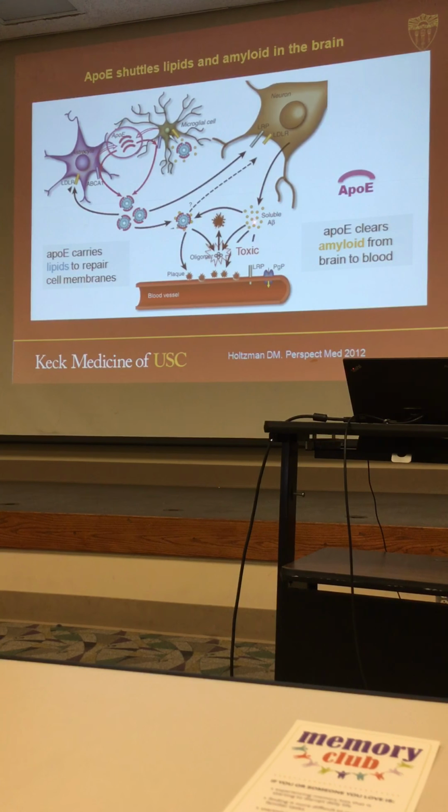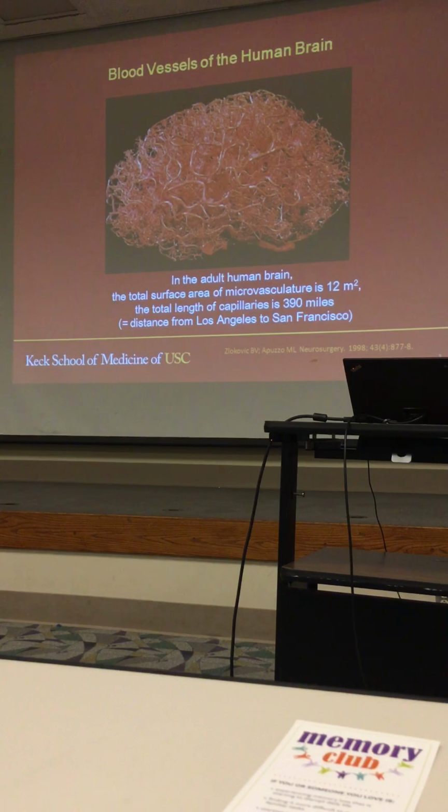Another pathway is that the amyloid goes out into the blood vessel and then is excreted from the body. Maybe whizzed out, and maybe there's, besides amyloid in our urine, there's probably also lipid products. Yeah, so a lot of things are coming out, and either from the other end. I got it. So here comes the part where it's important to have healthy blood vessels, because that is one way that we're clearing the amyloid that we're making out of the